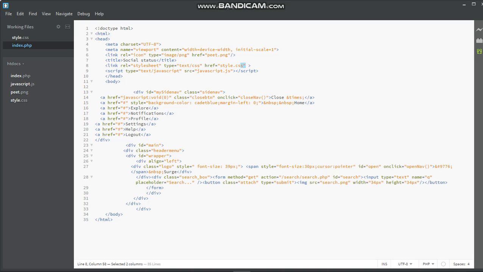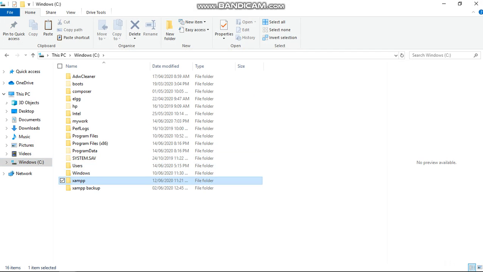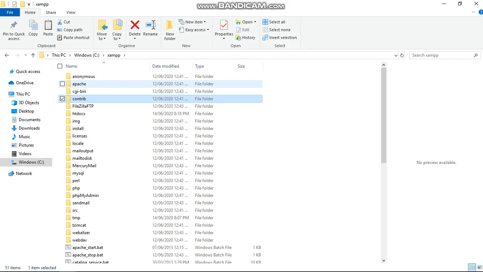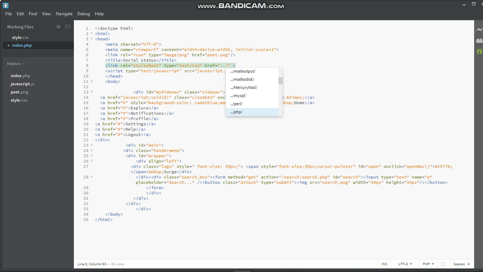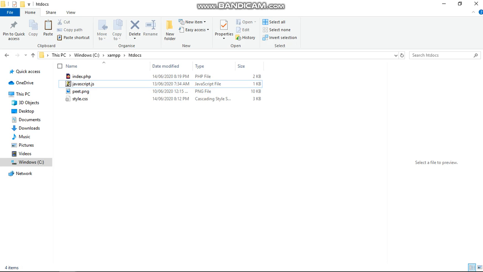Now there are different ways of doing things. Let me just show you. If we do // it shows everything outside of this folder, htdocs, and that's exactly what we see in here: Anonymous, htdocs, Viazilla, Mercury, all those things. So // is to go to the parent folder, but currently they are all in the same folder, as you can see, lined up like this. So we don't need that.